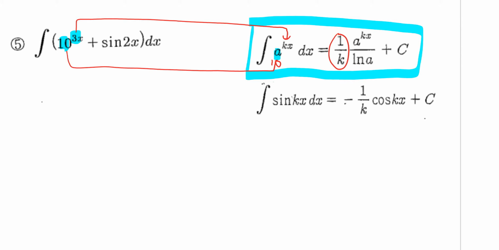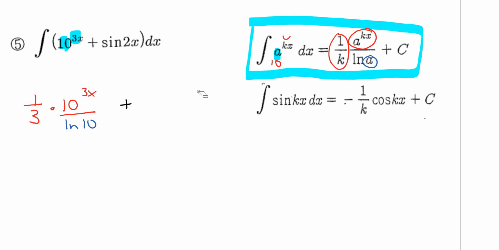So my k value is 3, so this should be 1 over 3 times a to the kx, well, a is 10, so 10 to the 3x divided by ln a, and the a value is 10, so this will be ln 10. So if you follow the rule, that's how you would execute the first part of the problem, plus,